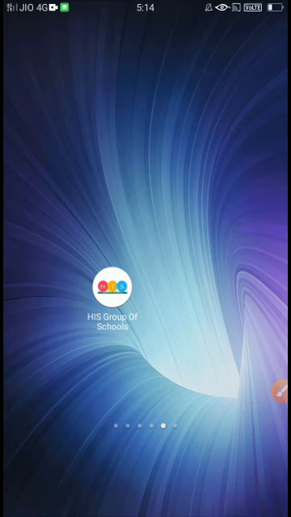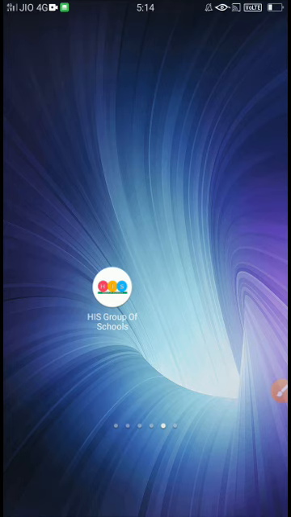This app is launched for helping all the parents to check homeworks, schedules, learning material and other important communications regarding offline and online classes. Now we will be showing you the guidelines to access the school app.